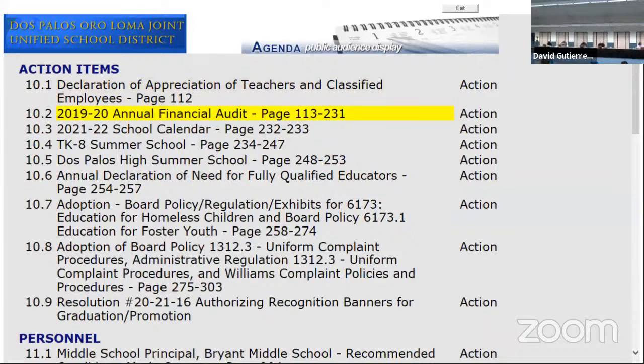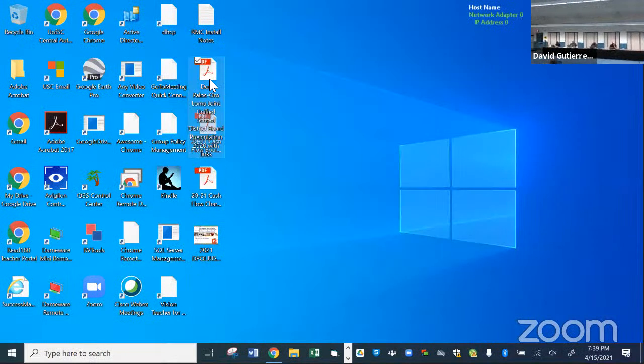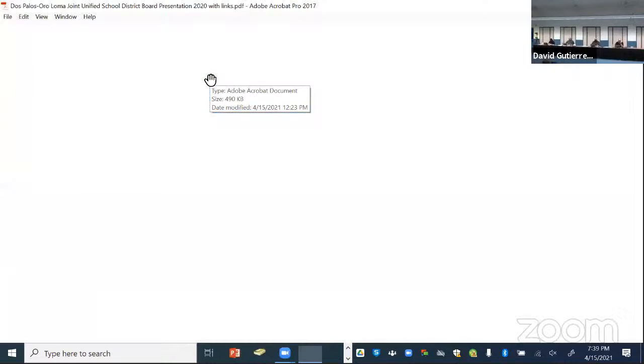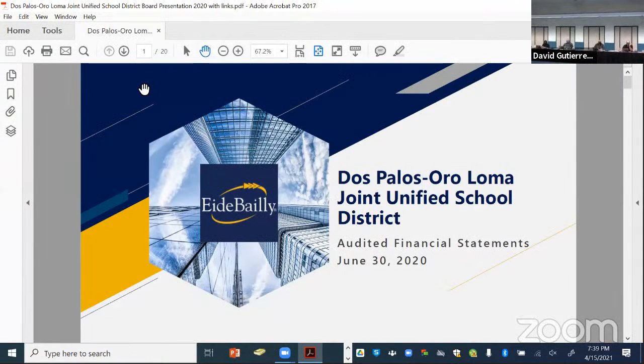Item 10.2, 2019-20 annual financial audit. Is there a motion? So moved by Mrs. Davis, seconded by Mr. Merced. There'll be a presentation by our external auditor, Loretta Merrill. She'll be on the